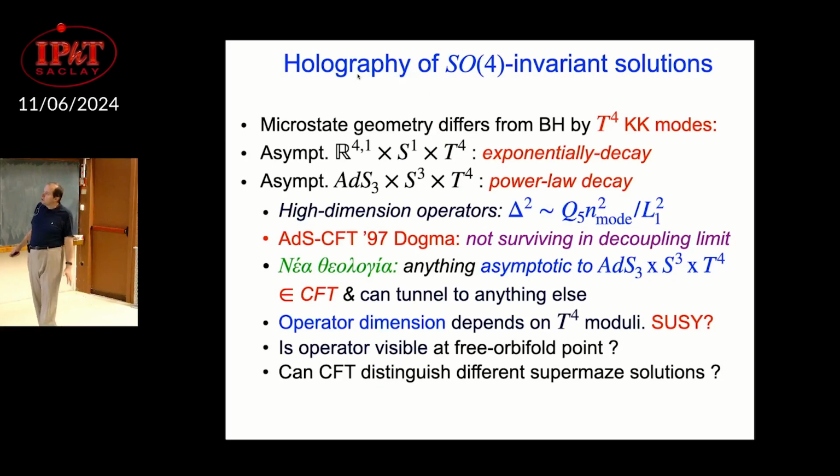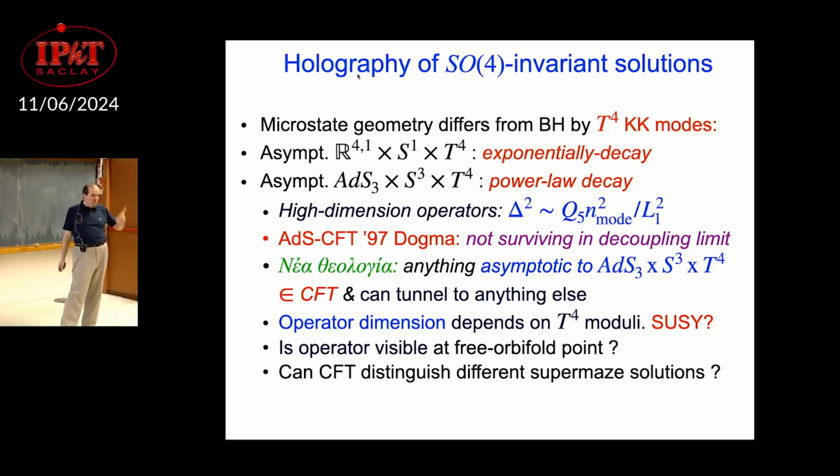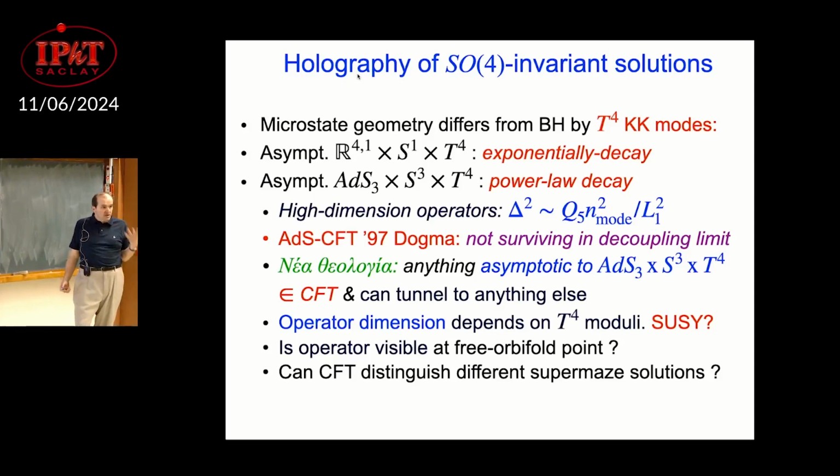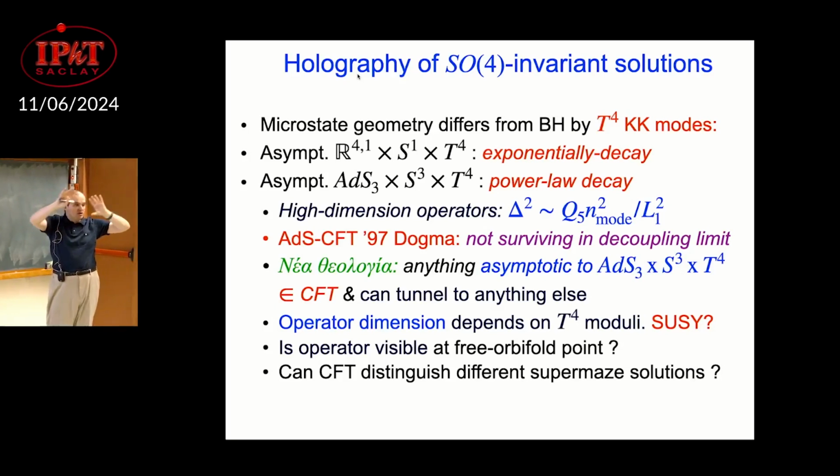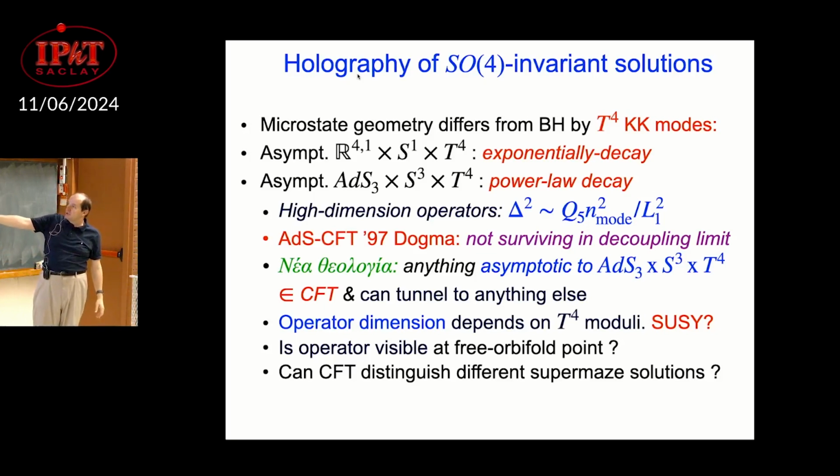There's a question about the holography of this. The problem is, they have torus modes, KK modes. And if you look at these solutions holographically, if you put them in AdS3, for example, if you build these solutions which have torus garbage, they correspond to some operators which are very weird. They have dimensions which go like Q5 times the number of the modes divided by L1, where L1 is one of the torus distances. They're very strange operators. From an AdS3 times S3 times T4 perspective, these operators are not captured at the orbifold point, but they are the ones which will distinguish different microstates. If I give you one microstate which has some D2, some D4 inside the torus, and some other microstate which has some other D2 and D4 inside the torus, they will differ by vevs of such operators. They will not differ by normal ones.